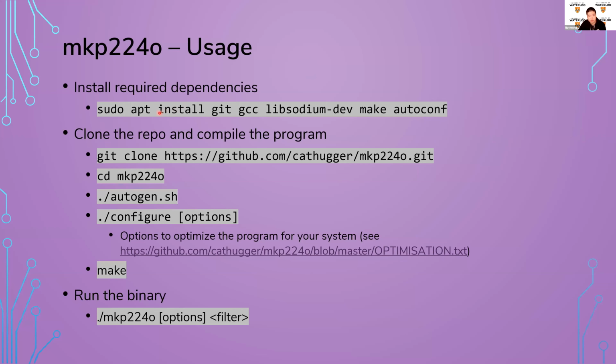So we first have to install any required dependencies on any Debian-based distro. This would be sudo apt install git. We need GCC. We need libsodium-dev. We need make and autoconf. And then we will clone the GitHub repo from cathugger, cd into the folder, run the autogen to generate the